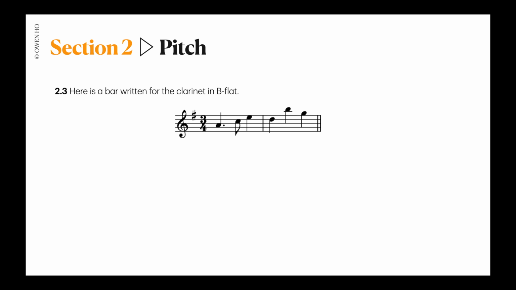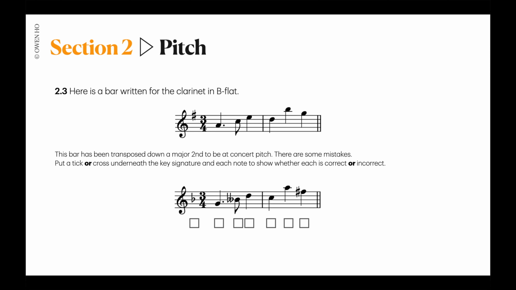Here's a bar written for the clarinet in B flat. This bar has been transposed down a major second to be at concert pitch. There are some mistakes. Put a tick or cross underneath the key signature and each note to show whether each is correct or incorrect. Now, this may all seem a little bit difficult because we don't know a lot of